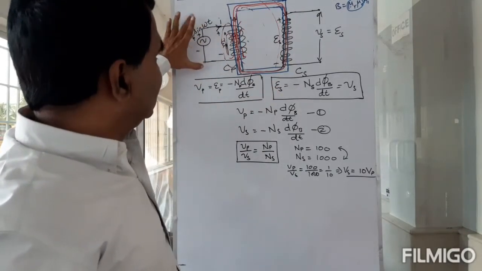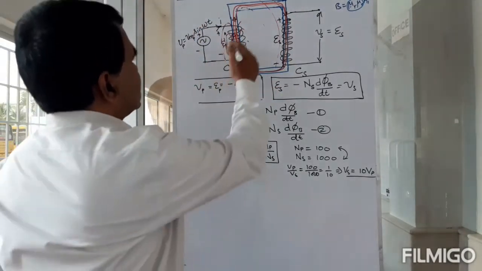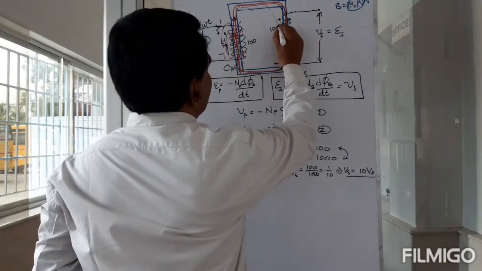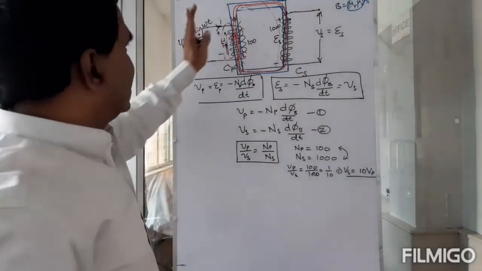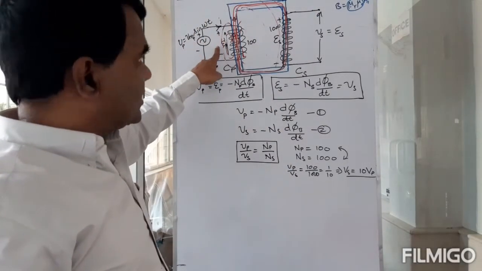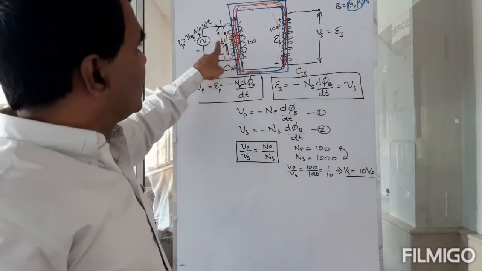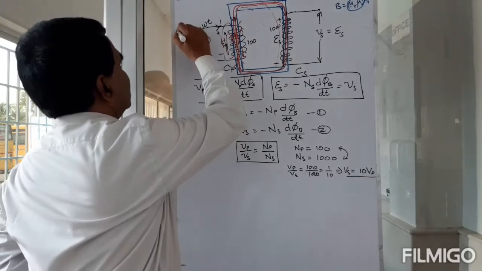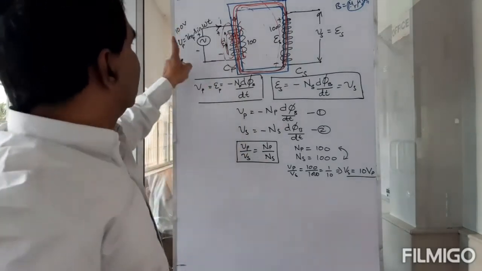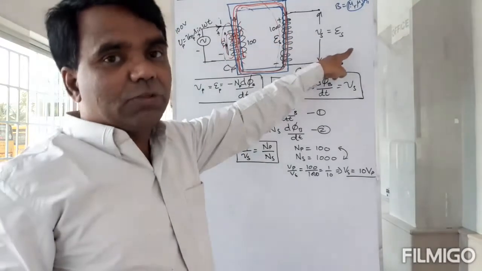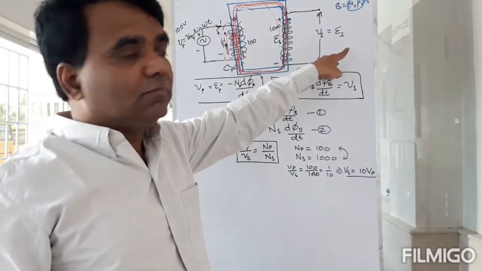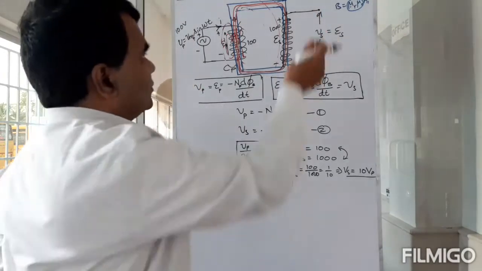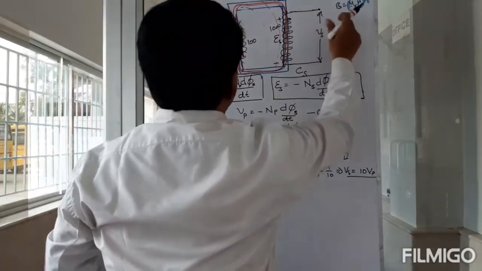I have a power supply. Suppose this has 100 turns and this one has 1000. I take the supply, I connect it to this coil. Then what's the voltage in the coil? It should be 10 times more. Suppose this is 100 volts, then this would become 1000 volts. I take the same thing and connect it here. So then the input is going to be equal to